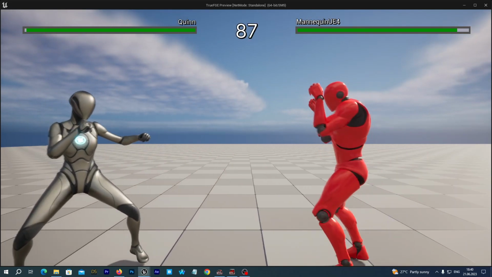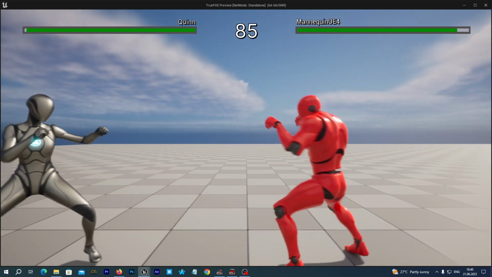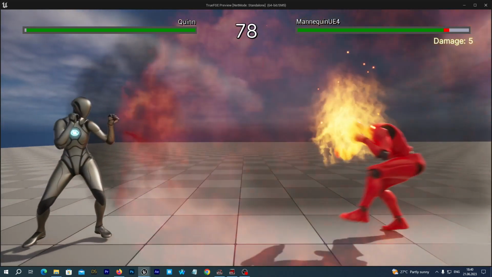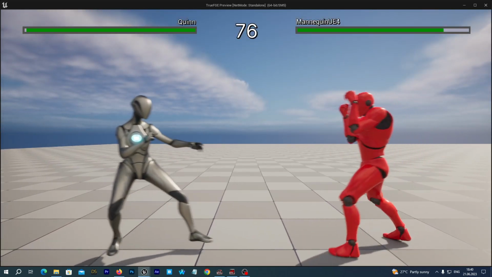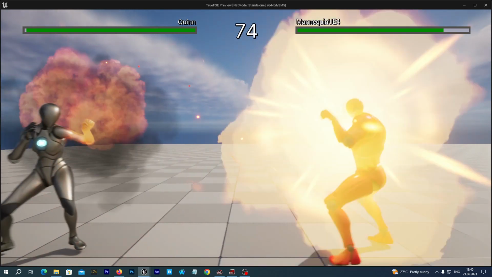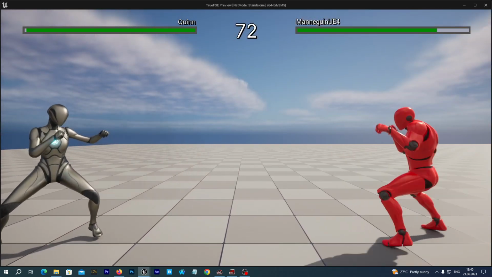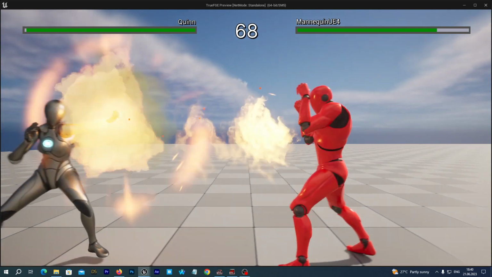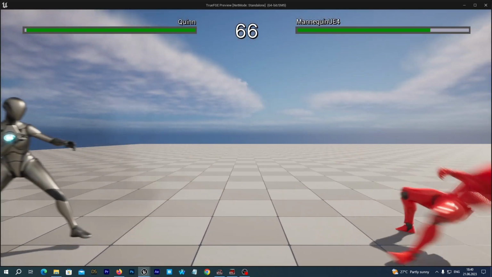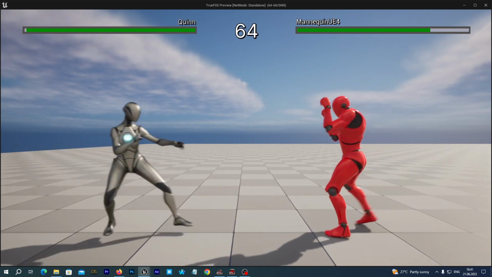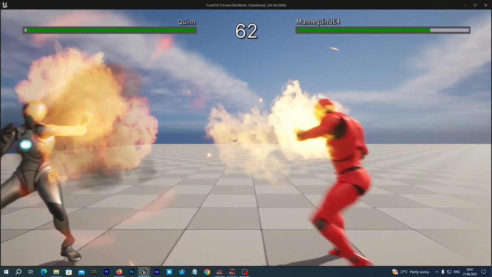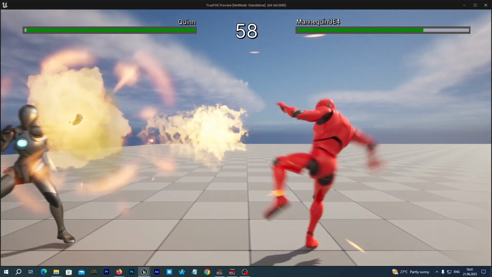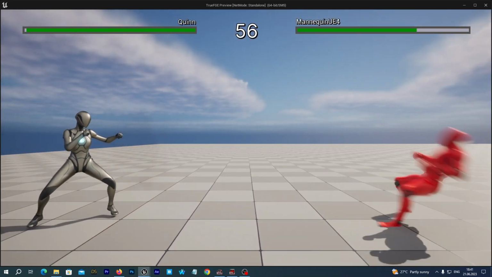And you see it consists of three parts. The projectile itself, it is a fireball. And when it hits the enemy, there is an explosion. And the third part, you see, there is a smoke